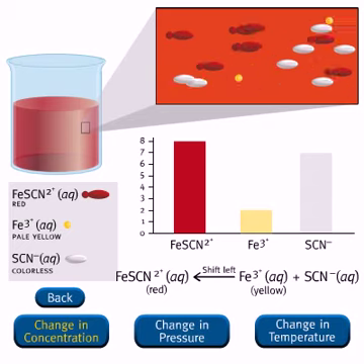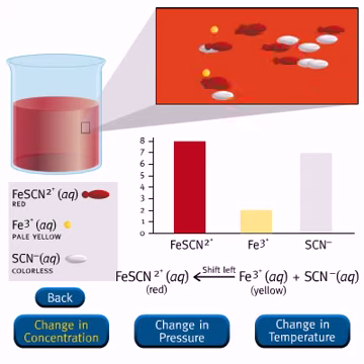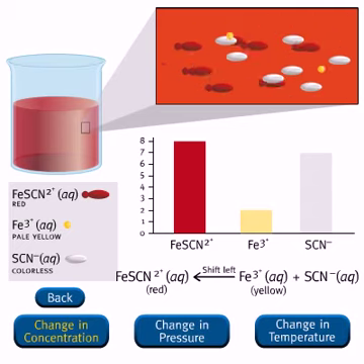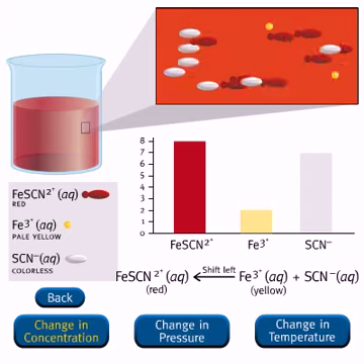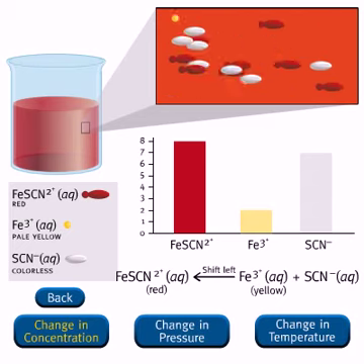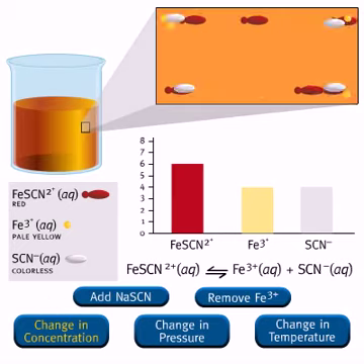To offset this stress, some iron 3+ ions react with some of the added thiocyanate ions, and the system shifts from right to left to re-establish equilibrium. When the system shifts to the left, iron thiocyanate ions are produced, which have a red color. Consequently, the red